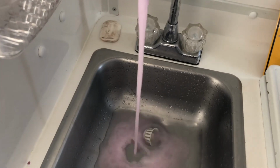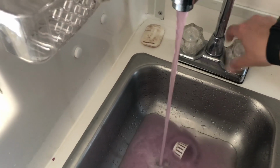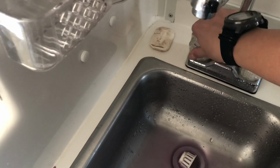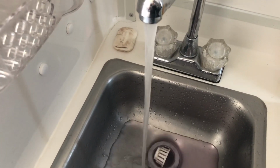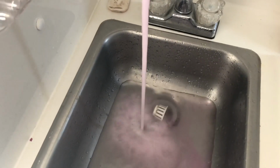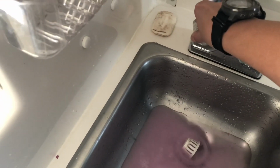There it goes. All right. Beautiful pink water. All right, so that's the cold water. I'm gonna do the hot water next. I don't know how that'll work since I had flipped the bypass switch. All right. So I'll come back and do a little more in there, but I want to make sure I get the